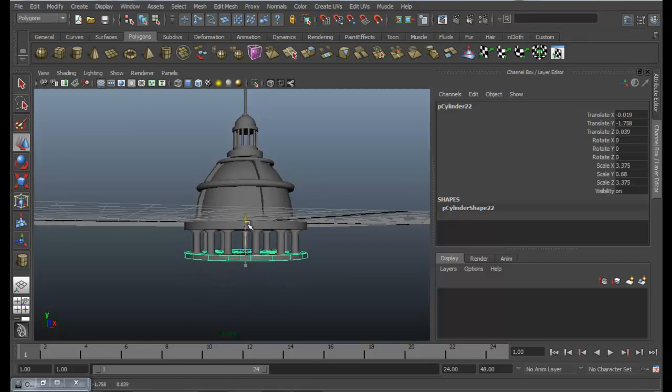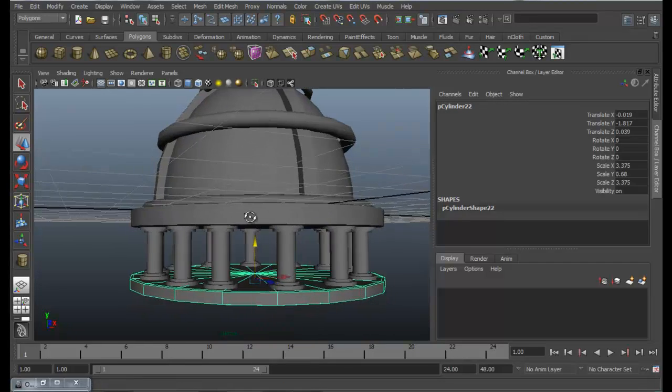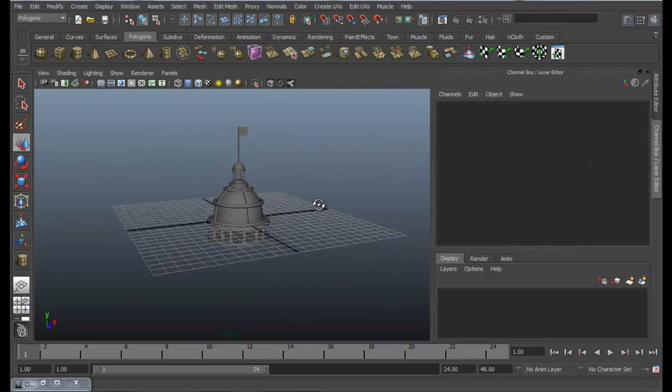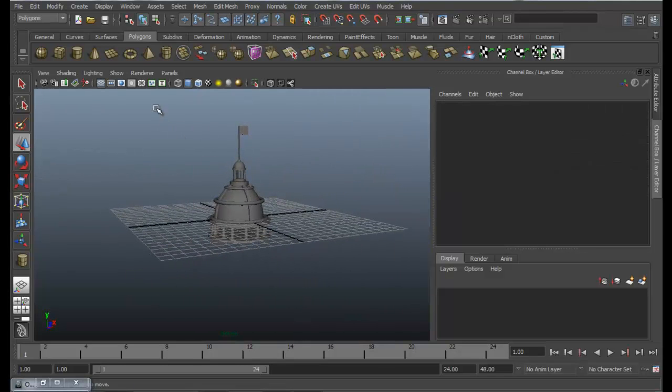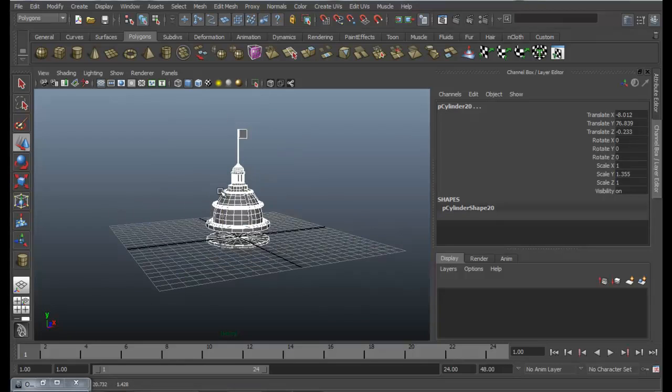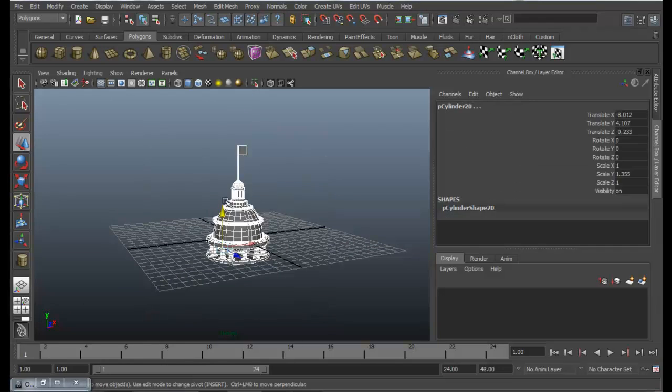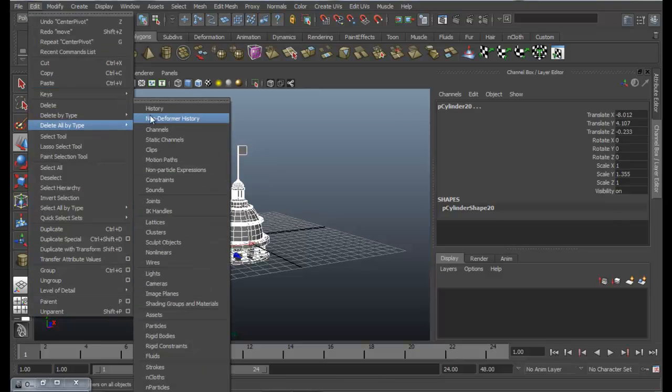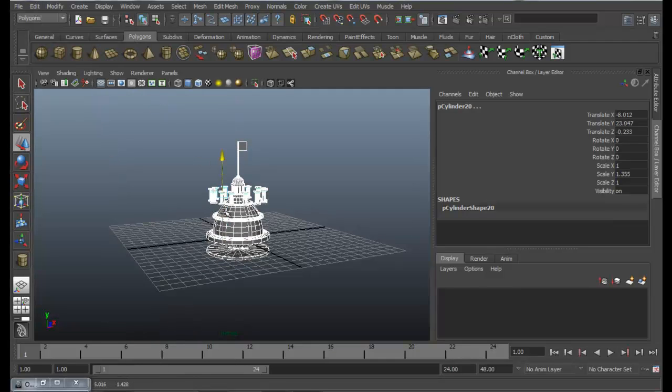I need it a little thinner. Let us just move this up. Sorry. Modify, center pivot, just go to edit, delete all by type, history.